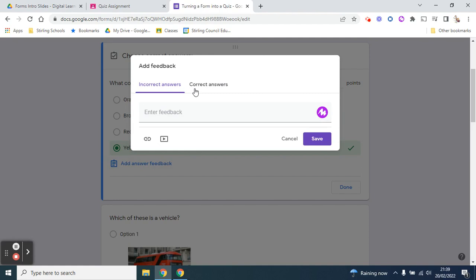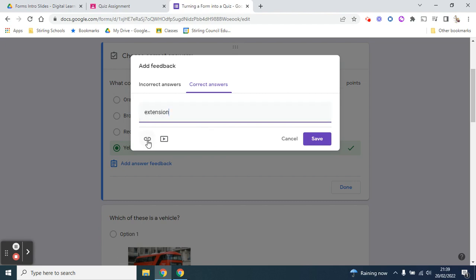So this means that when the pupil has completed the form and you have graded it, they can open it back up. So in our classroom, when we have returned their work as marked, they can go into that assignment and they can click on the form, they'll open it up and they'll see all of the feedback comments that are attached. So the feedback for an incorrect answer might be remedial, just saying submarine was yellow. And for correct answers, it might be some sort of extension task that we would send them to go and have